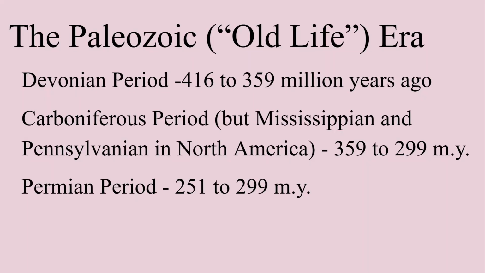Okay, so Carboniferous is going to cover 2 periods in North America. In North America, we break that up into 2 different groups, the Mississippian and the Pennsylvanian, because there's a rock discontinuity in there that doesn't exist in Europe, but it exists here. So we break it up into 2. They keep it as 1. That's why everything is so confusing. Let's go with it. So just remember, Carboniferous covers Mississippian and Pennsylvanian in North America. And we also have the Permian period.